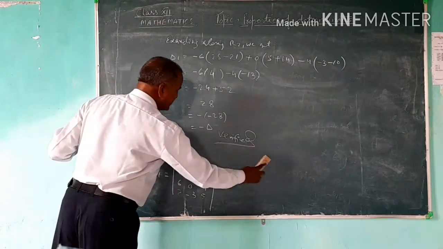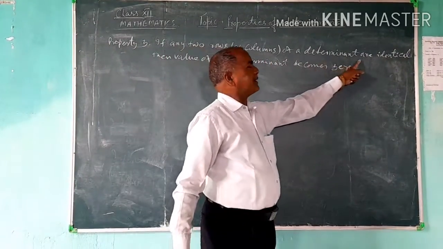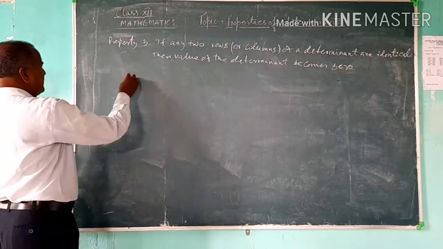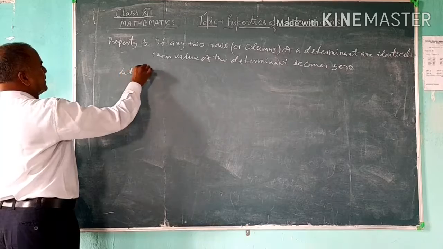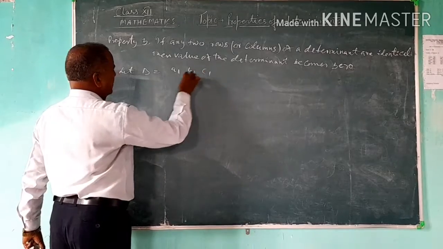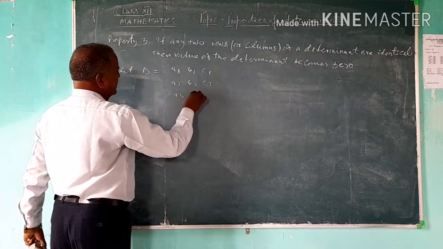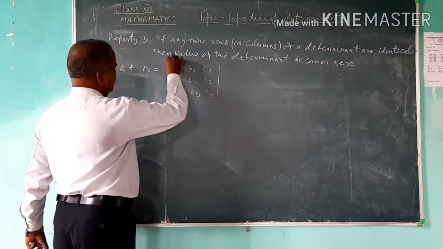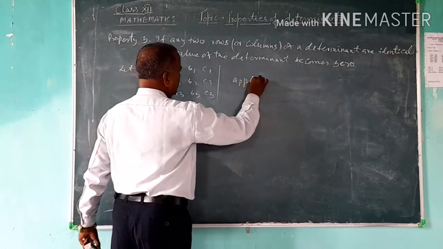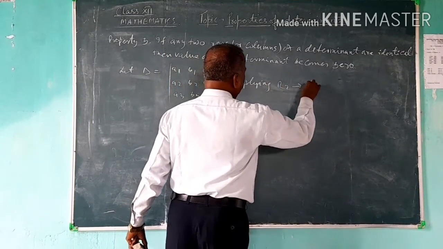And the property, second property: if two rows or columns of the determinant are identical, then the value of the determinant becomes 0. To verify this, let delta be equal to A1, B1, C1, A2, B2, C2, A3, B3, C3. Applying R2, R3,